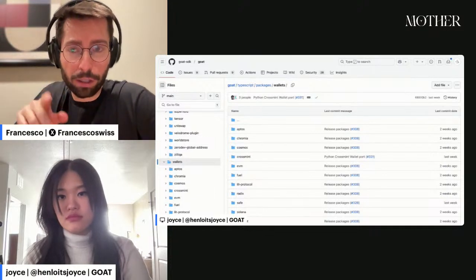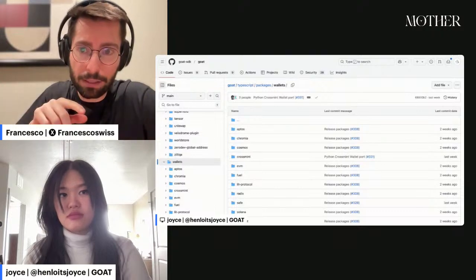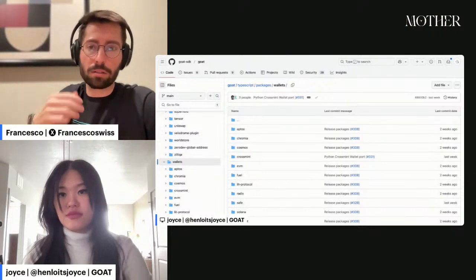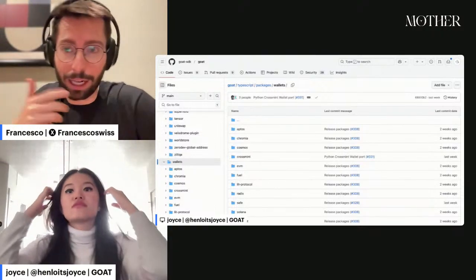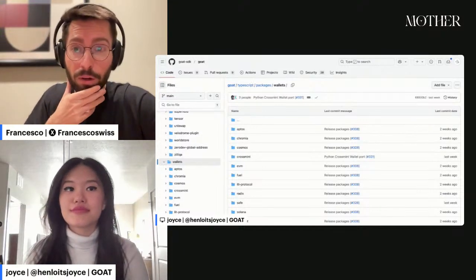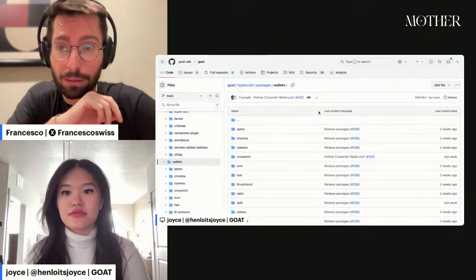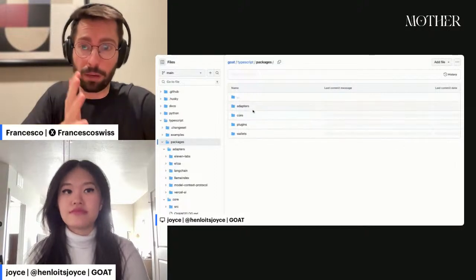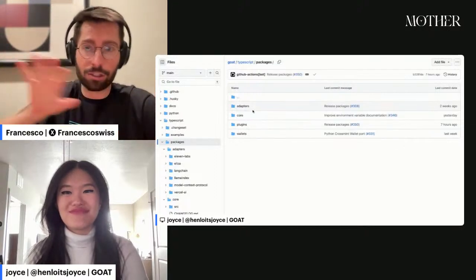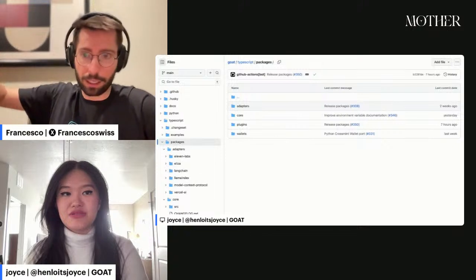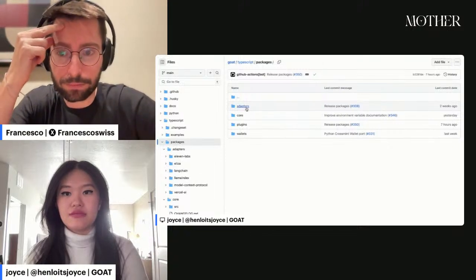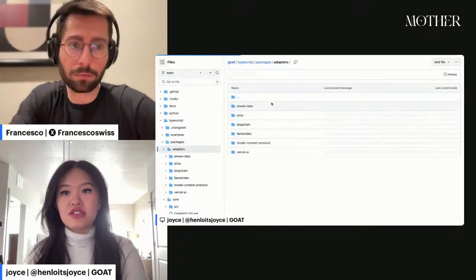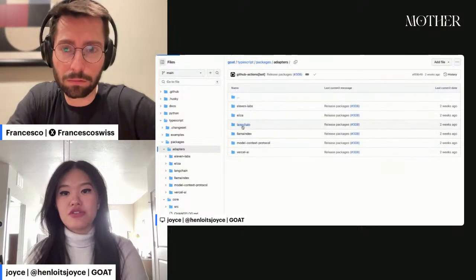Is Goat also working with other frameworks, plugins? Can this support Python or even the LangChain framework? Because that would be super interesting, because then people, especially developers, are only interacting with Goat, and they don't care about the other framework. Yeah. So as you can see in adapters, we already show you a quick